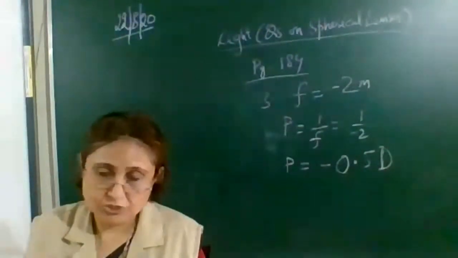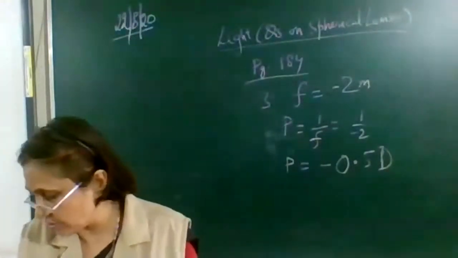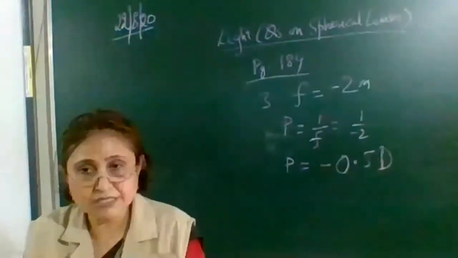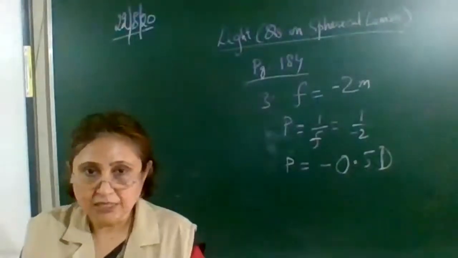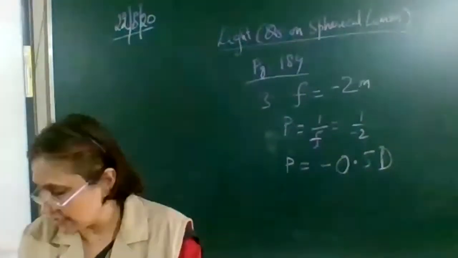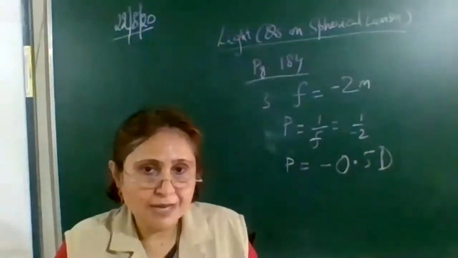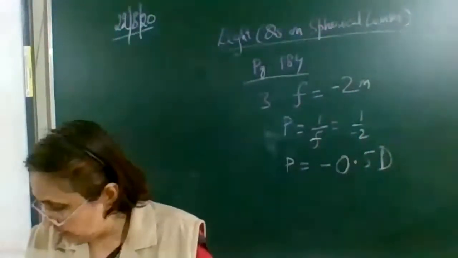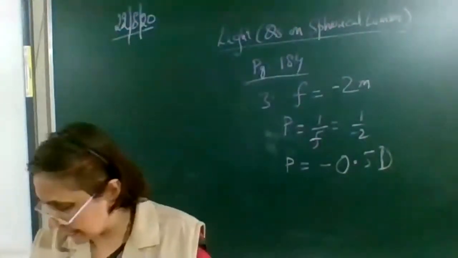Here, water is transparent, so water we can use for making a lens. Glass is transparent, we can use it. Plastic is transparent, this also we can use. Clay is an opaque object, so clay cannot be used, because the incident rays will be blocked by the opaque object. It should be a transparent object. Refraction means the ray of light should pass from one transparent medium to another transparent medium. So if it is passing from air to clay, it will not pass, because clay is an opaque object and it will stop the rays. So which one cannot be used? D option is correct.